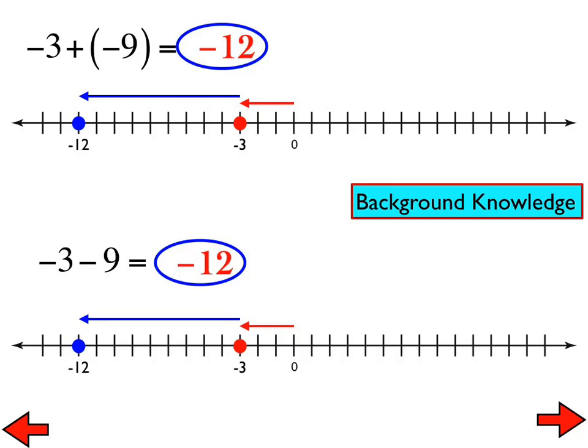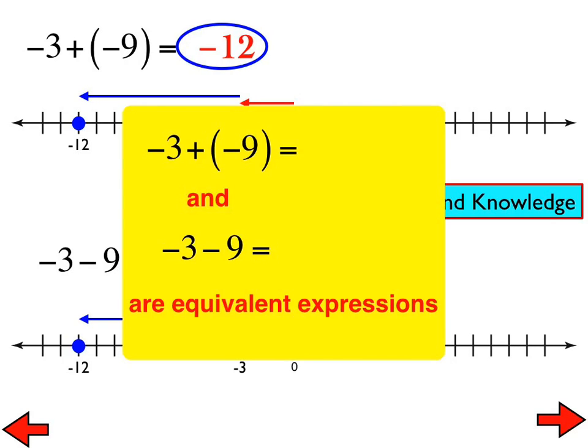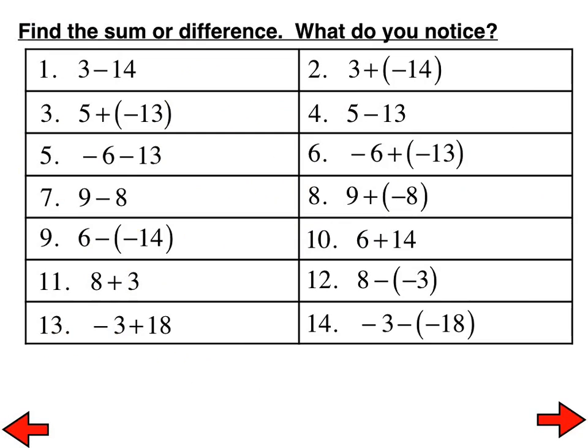And I know some of you were taught how to turn a problem like the second one into the first one last year. And so we would say that -3 plus -9 and -3 minus 9 are equivalent expressions. Equivalent expressions because they give us something that results in the same thing. So they end up becoming -12, and the reason is because of the relationship between what we see right there. So here's what I want you to do.